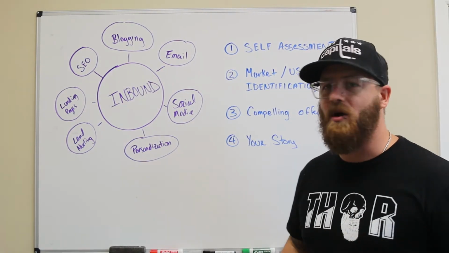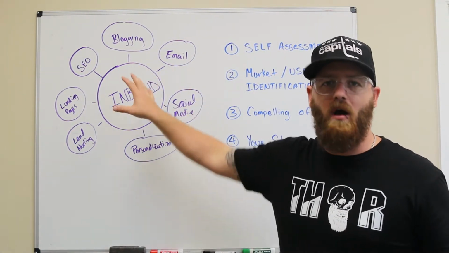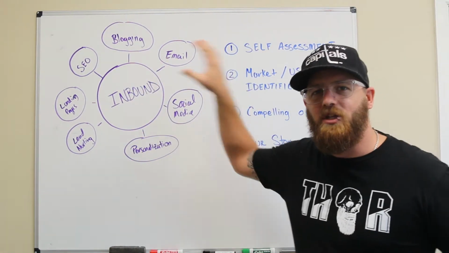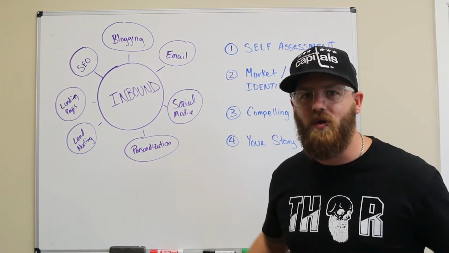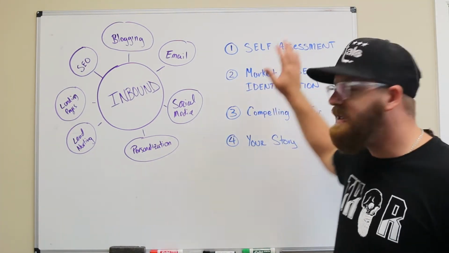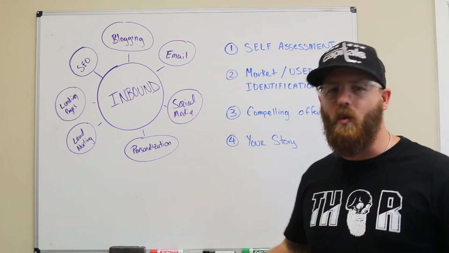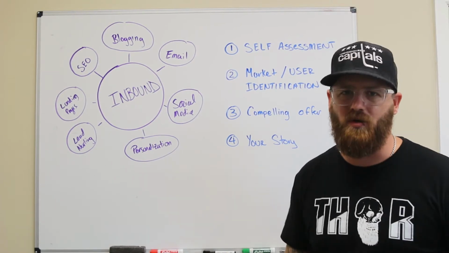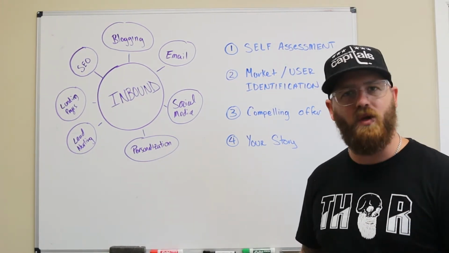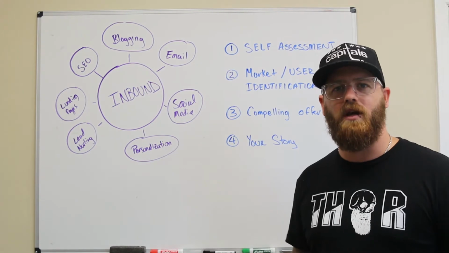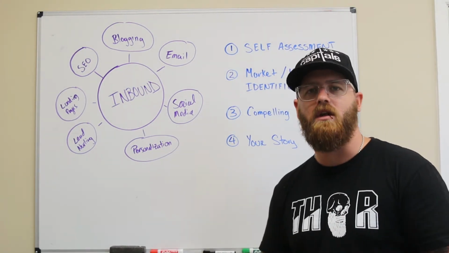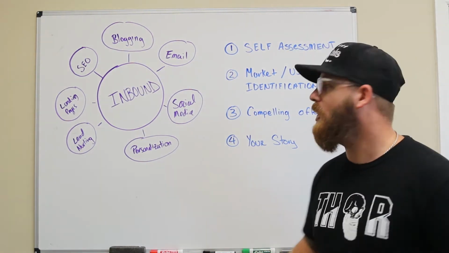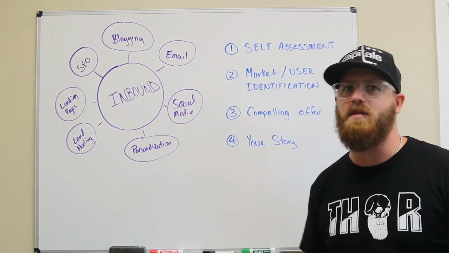So when you're starting inbound marketing, these things look awesome. And they'll come. And they'll be part of your strategy and part of attracting people and generating leads and nurturing those leads. But before you get into that, slow down. Take time to assess yourself. Know where your business is and know what you want to be. Know the market you're getting into and the users you want to attract. Know what your compelling offer is. What can you offer somebody? And then know your story. So you can wrap this all up and you can have that conversation with the people that you want to attract. That's going to produce way better results. And it's going to help you avoid all this headache of starting these things and failing and being frustrated.